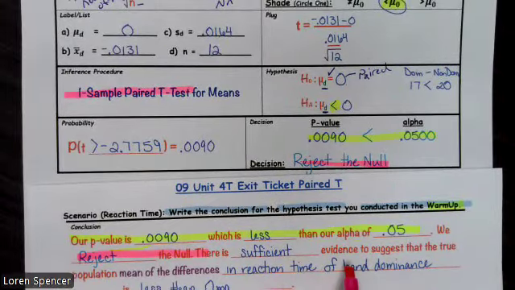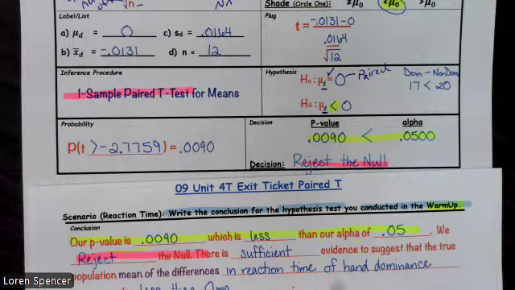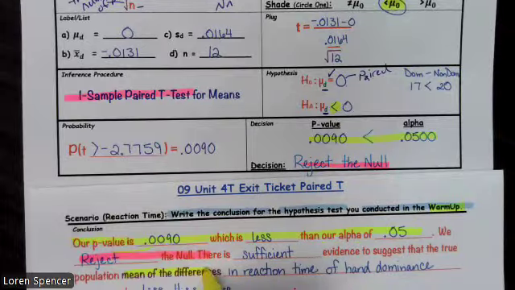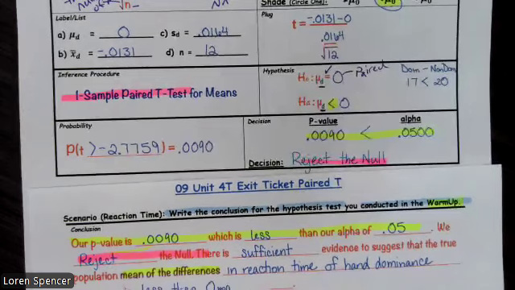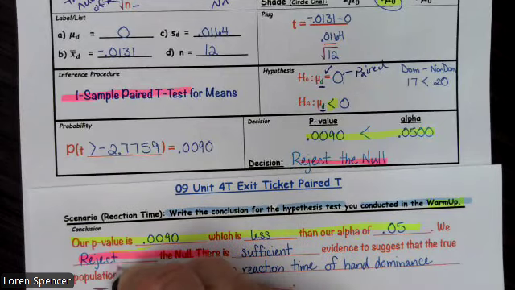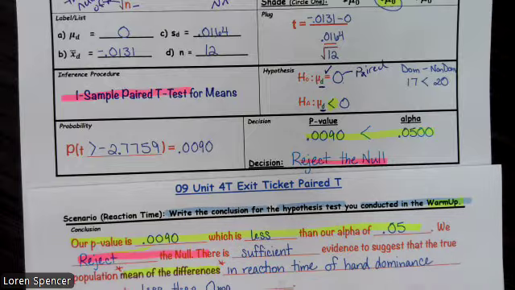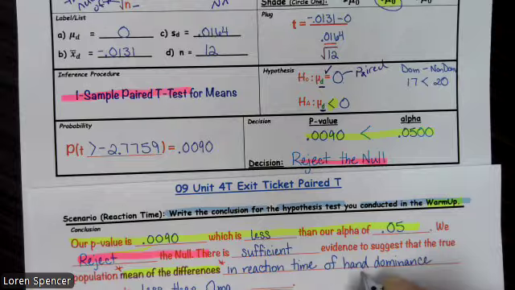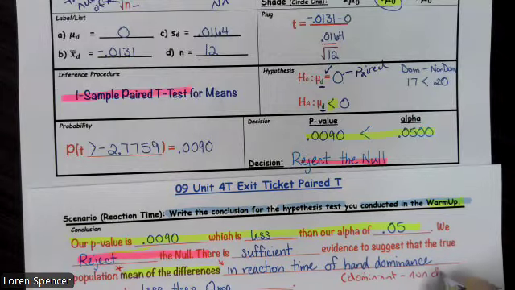There is plenty of evidence. We have enough evidence to suggest that the true population mean of the differences, this is a key phrase, because it's paired, you must say mean of the differences. Super, super important. I would star that. Anytime you're working with paired, it's mean of the differences. And what do we care about? Reaction time of hand dominance, or dominant minus non-dominant, and this might make you feel better about it to write dominant minus non-dominant